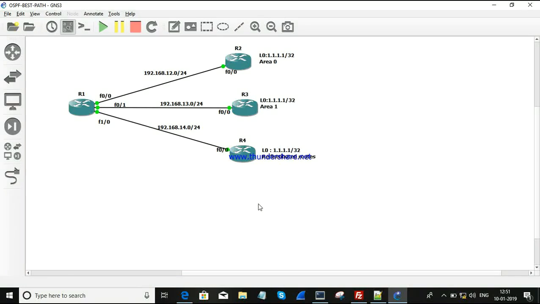In this session, we are going to see about best path selection in OSPF. We are going to see this in the described topology over here. We have four routers: R1, R2, R3 and R4. The connectivity being described here is that every router, that is R2, R3 and R4,